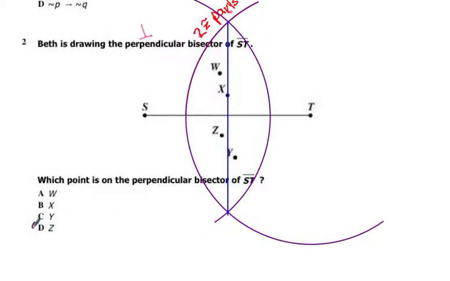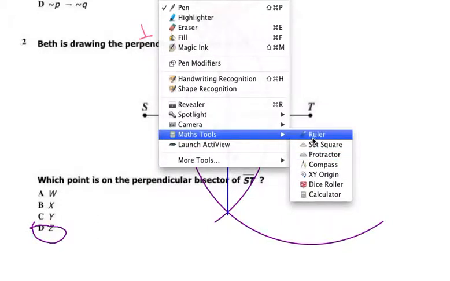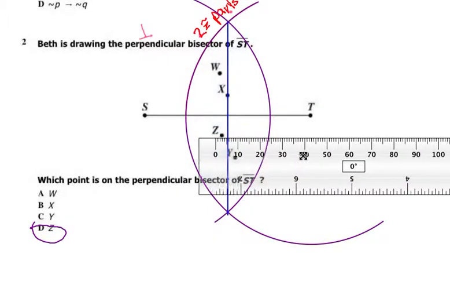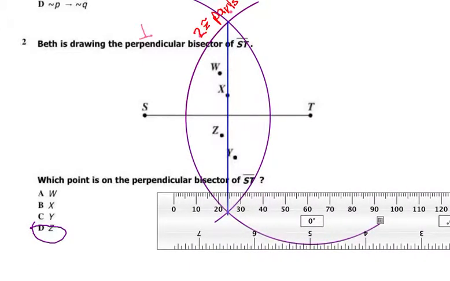Okay, so there are some you would have to know how to do the constructions, but a lot of them you could also use your ruler to find your middle and just look to see what's going to line up. Because if you would have used your ruler, let's grab the handy dandy ruler out. What did I say? Oh, I said Z. Oh, goodness. Thank goodness I have a student today. It goes straight through X. If you would have used your ruler,